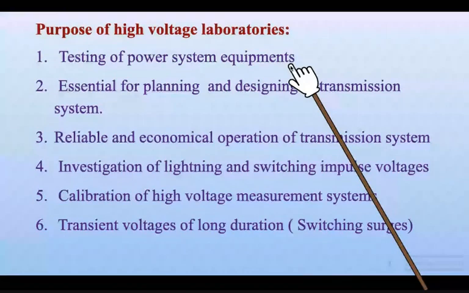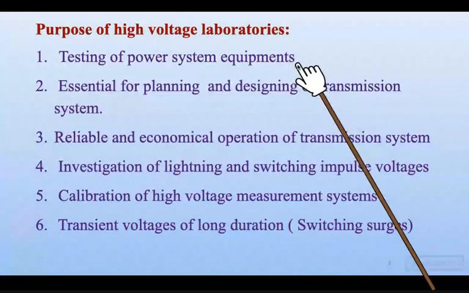So the network has three major components: generation, transmission, distribution. High voltages are mainly encountered in the area of transmission network, transmission lines. Various equipment is used in the power system, like step-up transformers, right? The transmission lines, line insulators, lightning arresters, okay, transmission towers, all those things. So these all require testing.